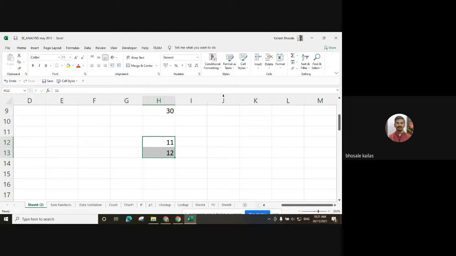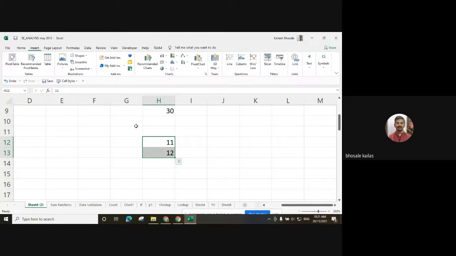Select the two cells, then insert and fill. I want to fill the data. So the data fill command is available in fill.